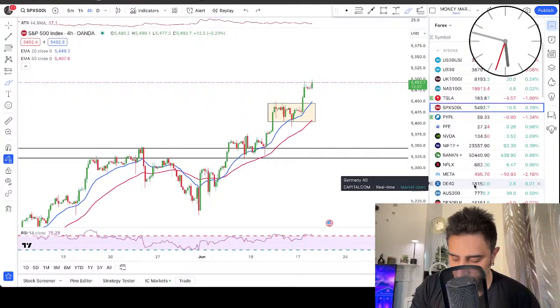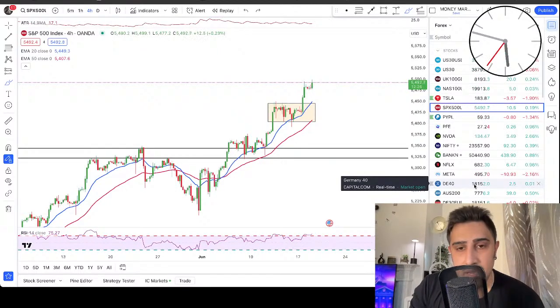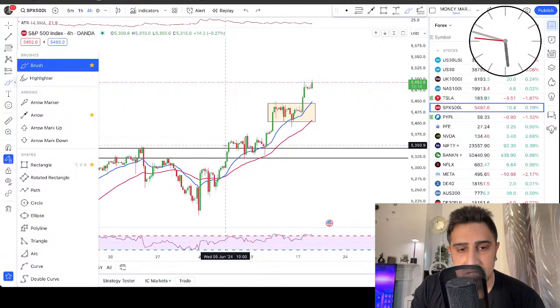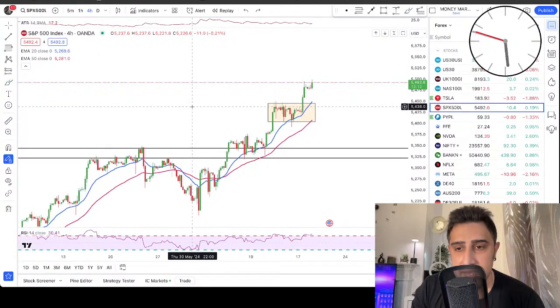Sunita, if 20 EMA crosses 50 EMA, it means the trend is likely to change. 20 EMA is a faster moving average, and when it crosses the slower moving average, and with that we have a bullish confirmation, like a bullish engulfer, that is also a valid signal. So just a cross doesn't mean that we're going to push higher.